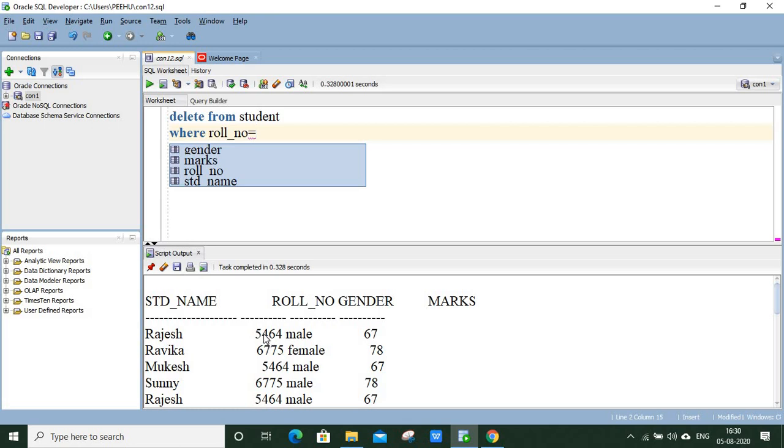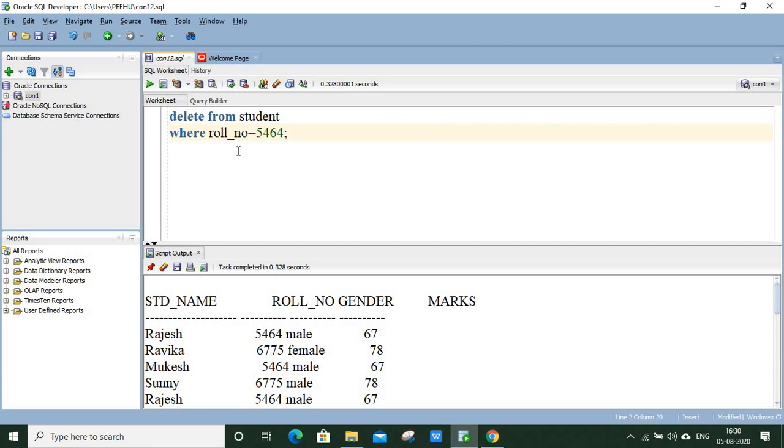I want to delete this roll number, that is 5, 4 and 6, 4. When we execute this statement, SQL will search for the rows where roll number is equal to this, and it will delete all such records from this table.